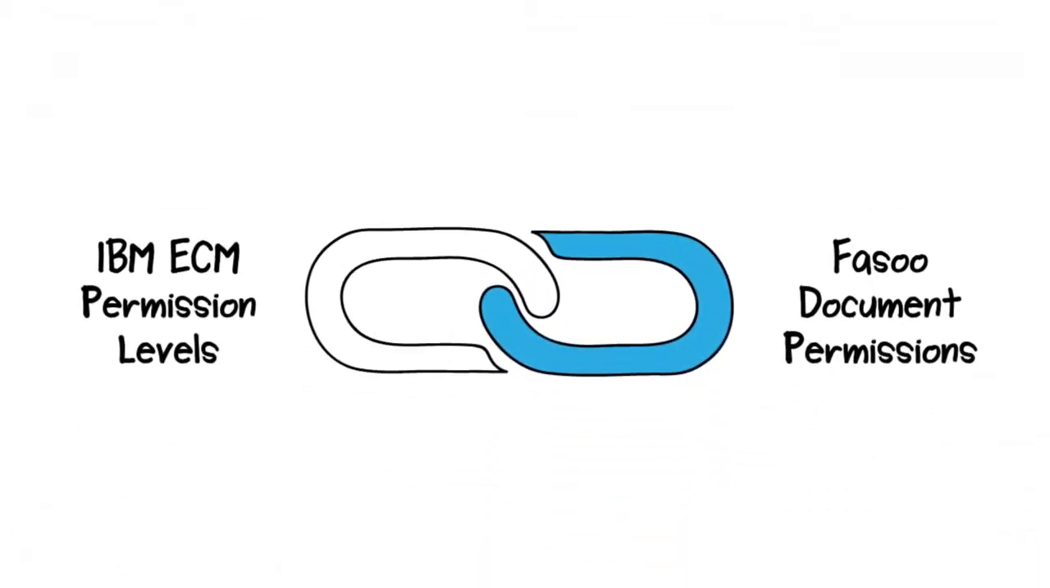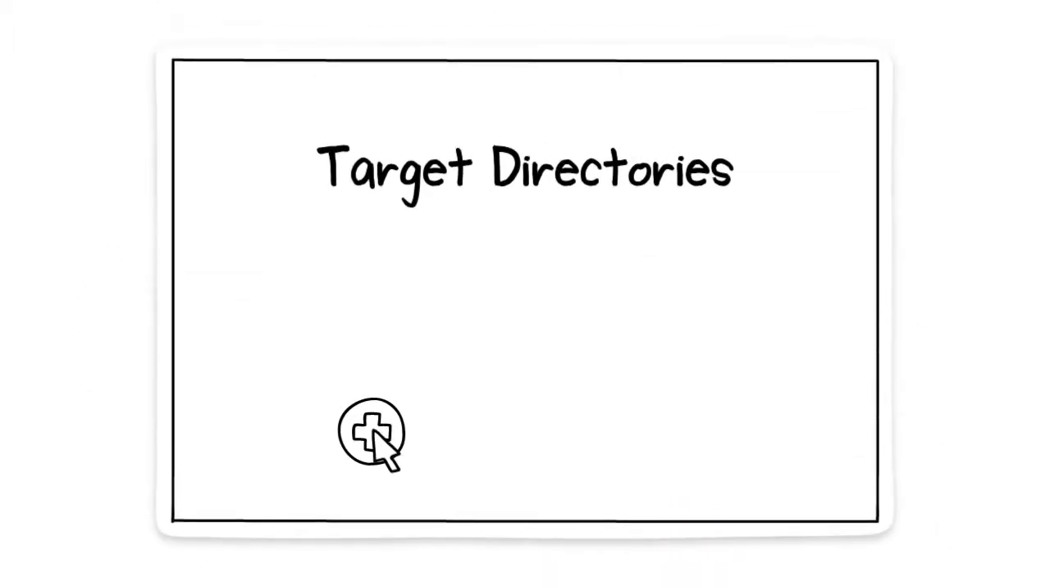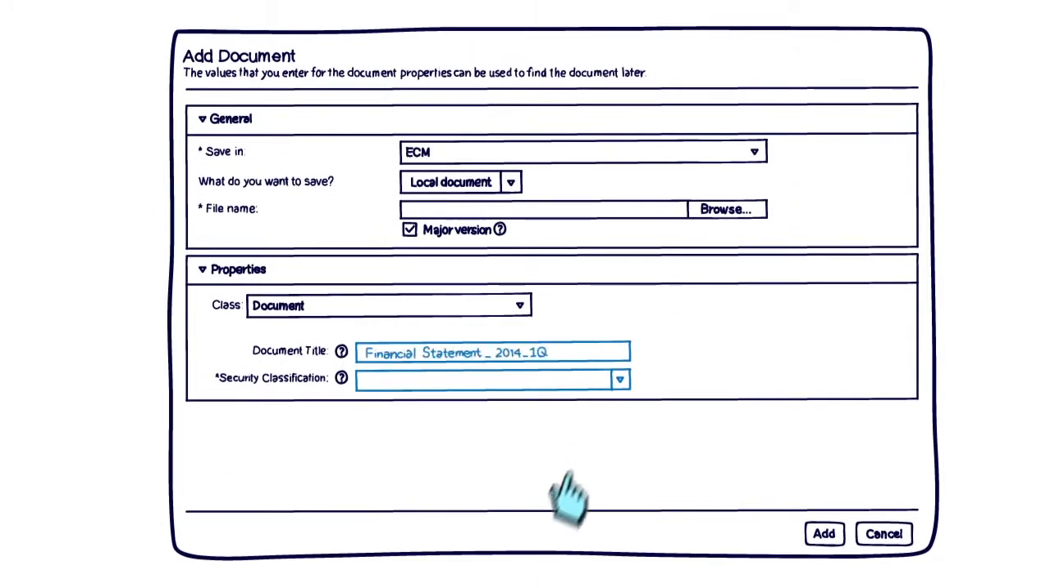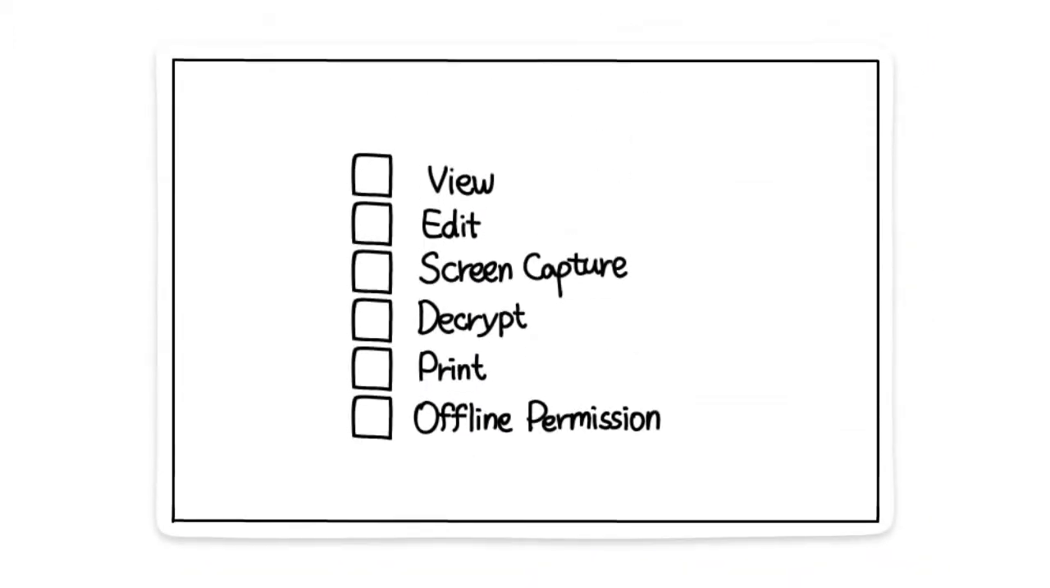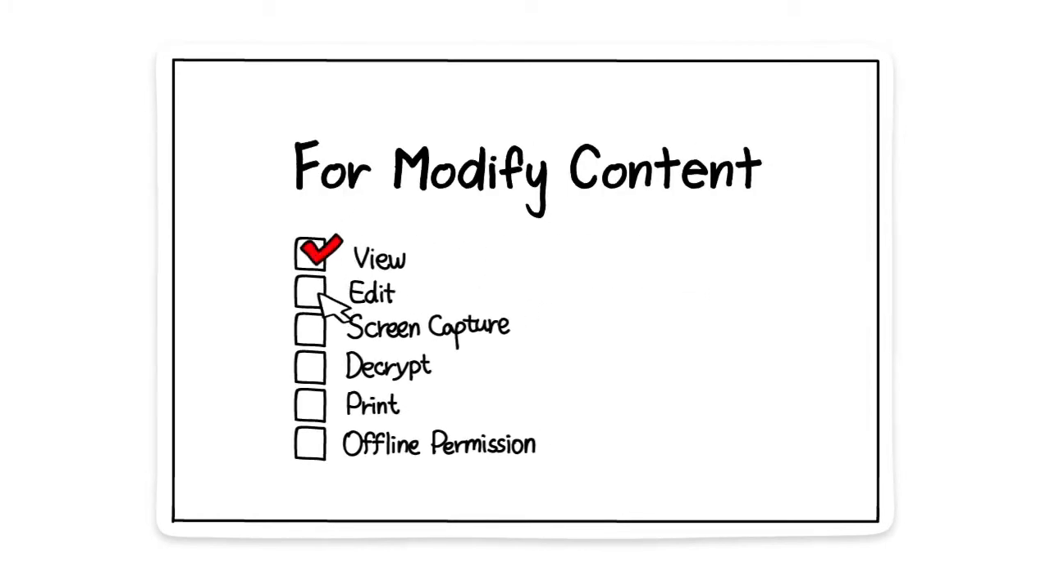How about policy setting? It's very easy and simple to set up the Fasoo policies for IBM ECM. Administrators can specify a target directory for encryption, and files with predefined security classifications under the directory will be encrypted automatically. Instead of setting up a separate Fasoo policy to ECM files or folders, administrators can map any combination of document permissions, like view, edit, print, or capture, to the existing ECM permissions, such as view content, modify content, or